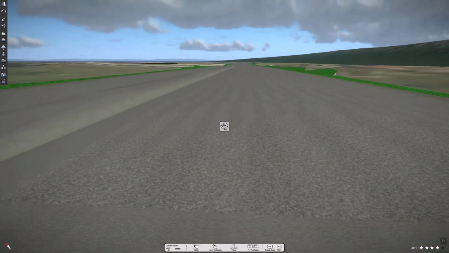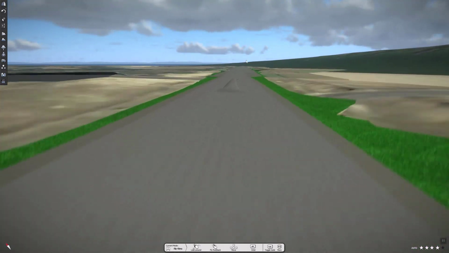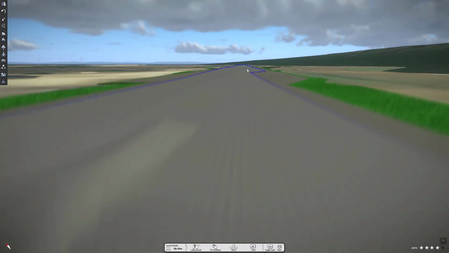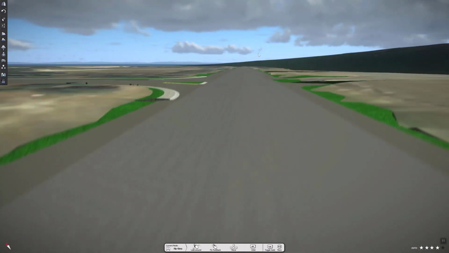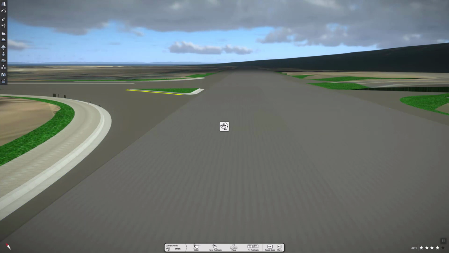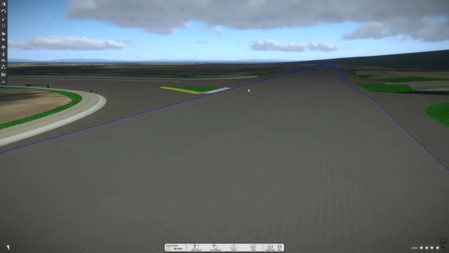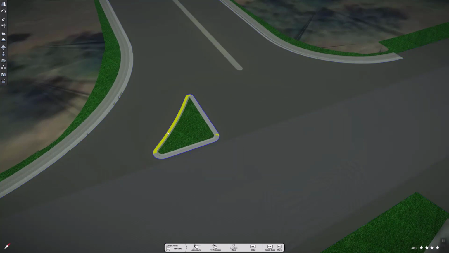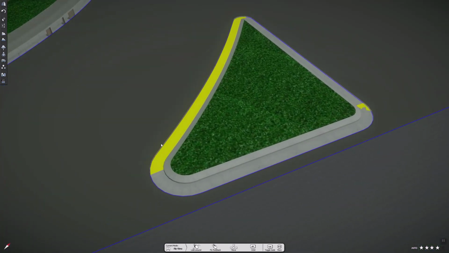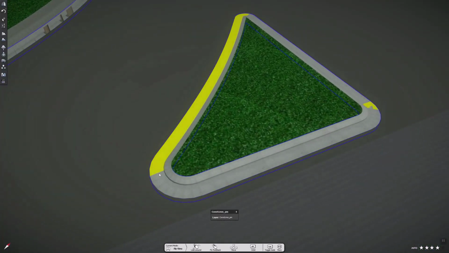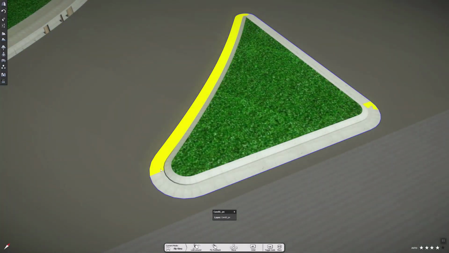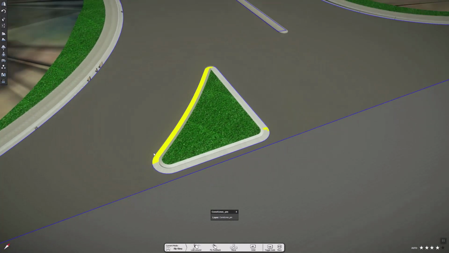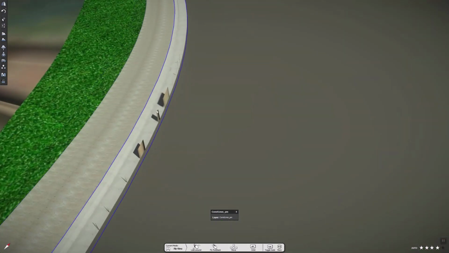So if I just use the scroll wheel, I can kind of fly down this roadway. The best way to look at this is in VR, but unfortunately I can't show that to you on the video. So we'll do what we can here. I don't know why there's a little bit of a graphical glitch here. The curb's in yellow. It should have the materials. I don't know why it doesn't for some reason.